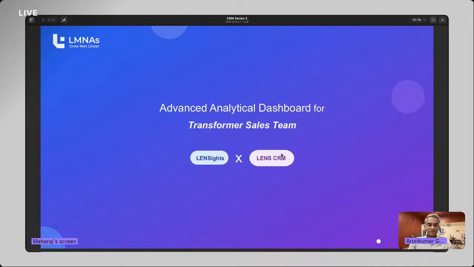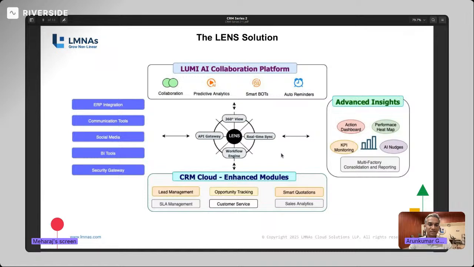Go to the next slide. Last time we had seen three different areas. We saw Lumi as a collaboration platform, which is really important to handle all the collaboration between the sales team. We saw the heavy lifting workflows in the CRM: how the data is moving from one stage to another automatically or semi-automatically, and how Lumi comes into the picture to help qualify the lead and the opportunity, helping the team collaborate and giving nudges.